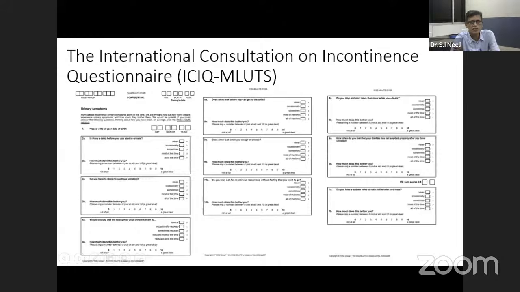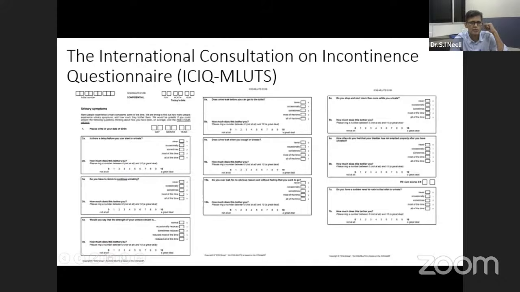The International Consultation on Incontinence Questionnaire, that is ICIQ-MLUTS, is primarily meant for male patients to assess the lower tract symptoms. It has a full form and a short form questionnaire. The full questionnaire constitutes 22 questions, but most commonly the short form, SF questionnaire, is used, which constitutes 13 questions. Each question also takes into consideration how much the patient is bothered